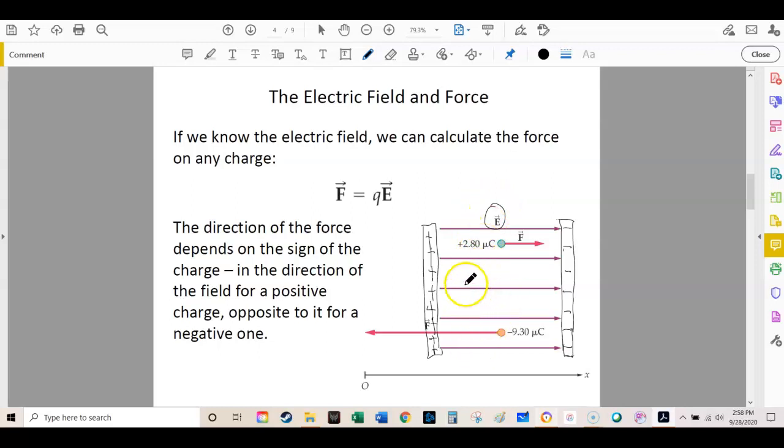If the electric field is the same at any point in here, the only way for us to find out the magnitude of that electric field is to place a charge in that electric field and then measure the acceleration on that charge. Suppose we would know the mass, but we'd also know the charge on it. We place that charge, a known charge and a known mass, in that electric field, and then we would see an acceleration come about. And then that mass times that acceleration is the force,